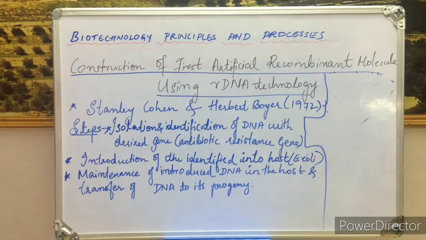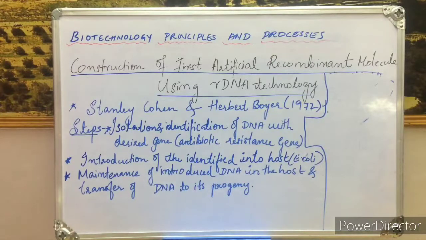So how did they link the antibiotic resistance gene? Usually we have seen that bacteria possess some plasmids, and you have already studied the nature of these plasmids in the previous year in the chapter Cell, the Unit of Life: plasmids have certain phenotypic characters such as antibiotic resistance. For any character there will be certain genes. So this antibiotic resistance gene of a plasmid of a bacterium is isolated and linked with another plasmid, the native plasmid of the Salmonella typhimurium bacteria. So how did they do it and how is it possible?